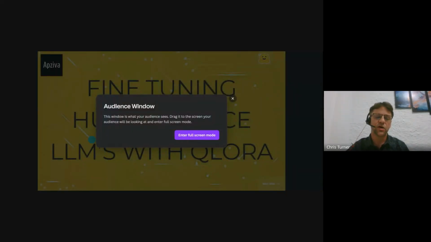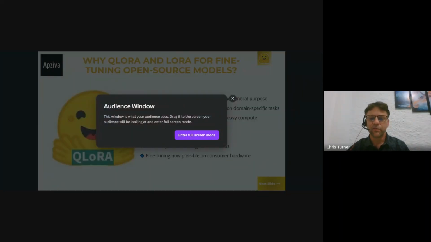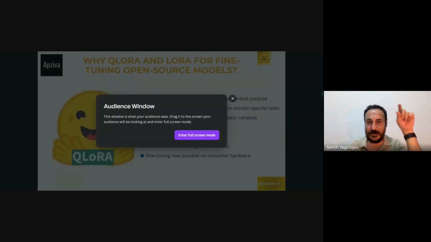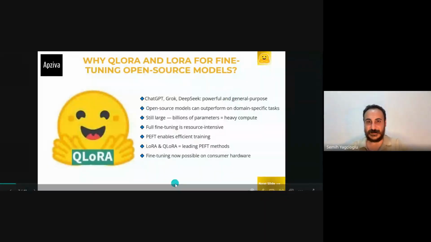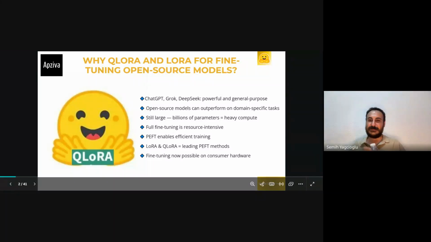Okay. So we've all used these different large language models like ChatGPT and Grok and others, and they're truly amazing. Yes. There's a pop-up for me. I don't know, maybe... Oh, there we go. How's that? Yeah, that's perfect.